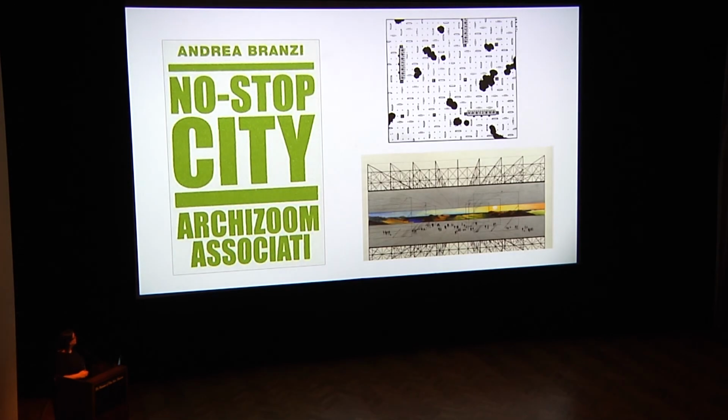I'm going to wind up with giving you the background on the exhibition design. So you will have noticed we have built a special pavilion. It is based on an unrealized design from 1969 by the collective Archizoom and Andrea Branzi, one of the members, called No Stop City. And No Stop City was a conceptual project existing mostly of drawings and watercolors and some models. You can see here through the two examples, it was all based on this kind of utopian ideal of an infinite city, one which had no fixed boundaries,